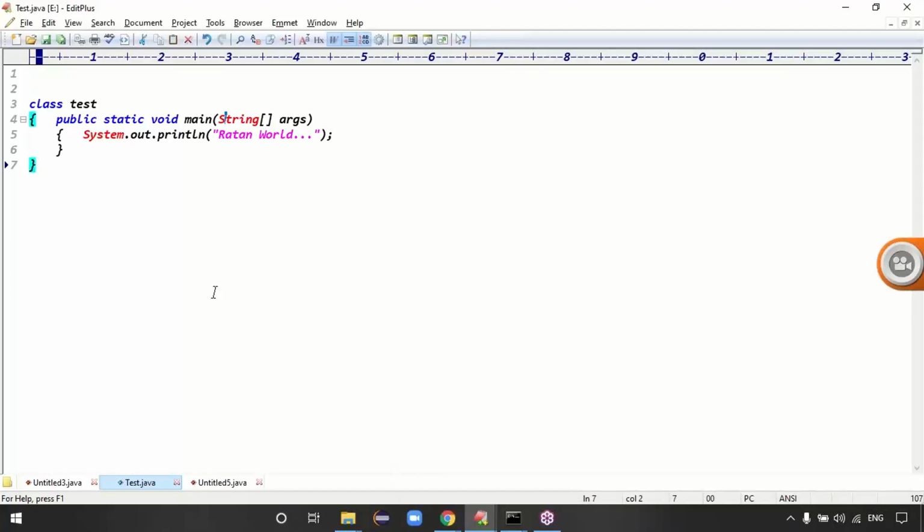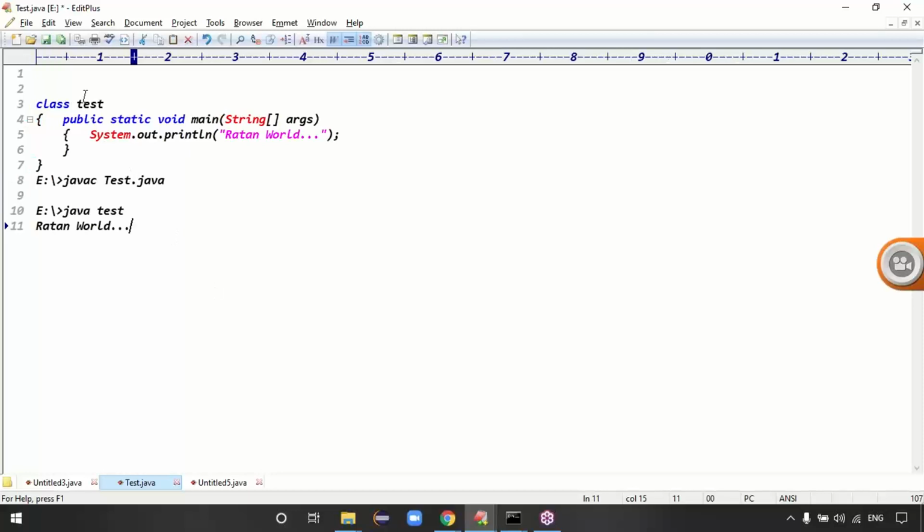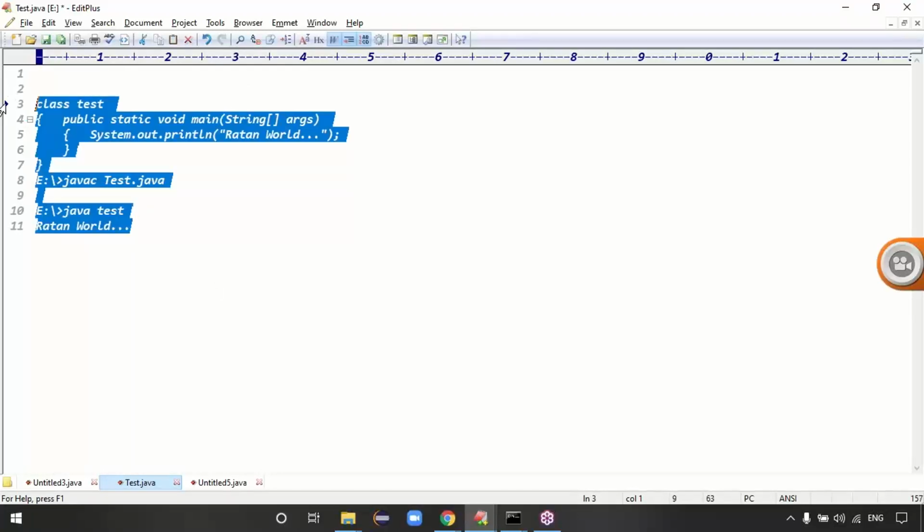Exactly. When you change the user-defined classes, there is no problem. When you change the predefined classes, we get the issue, right? Then what is the conclusion?